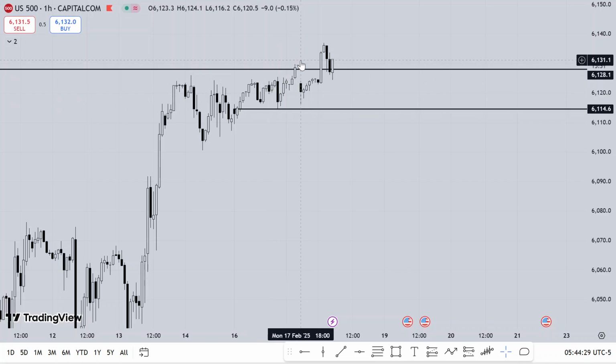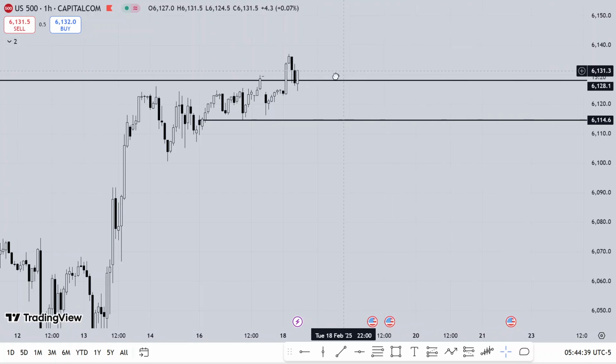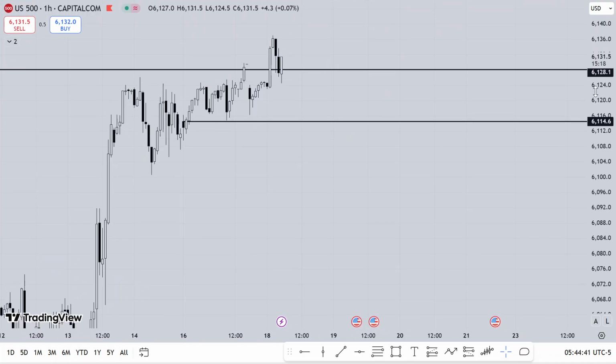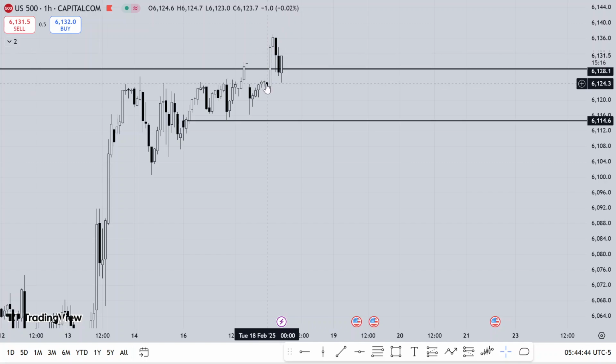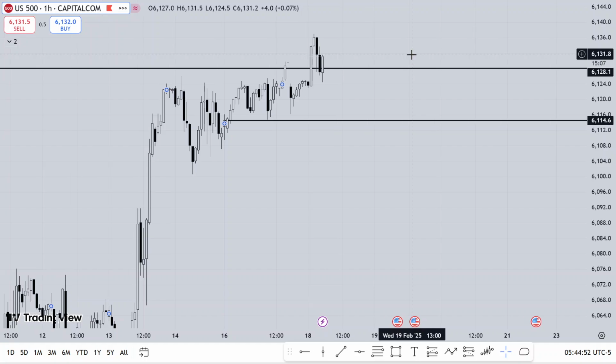Because we were in a consolidation, we anticipated an expansion, which is this expansion on the 1 hour time frame. Now we are seeing price retrace lower to this order block here. Now we're going to tape the AM session for Tuesday's trading, getting a feel